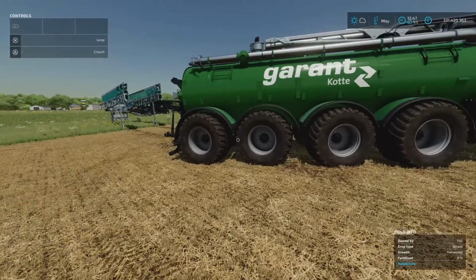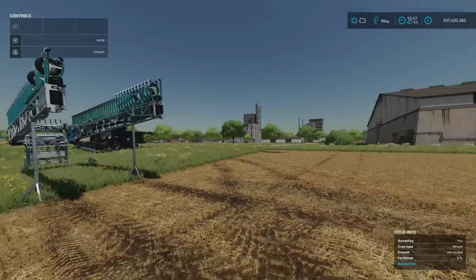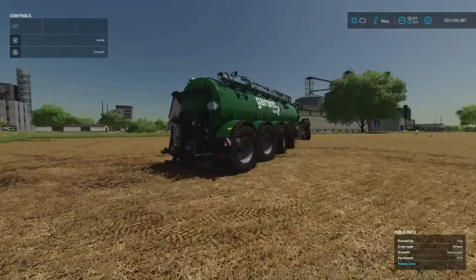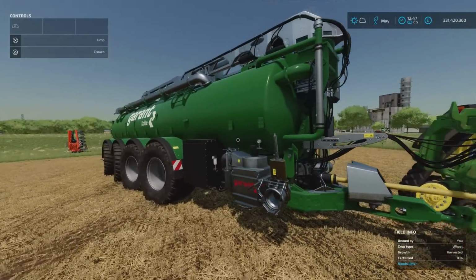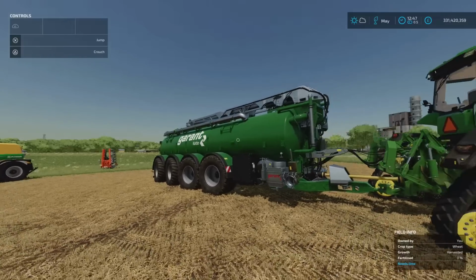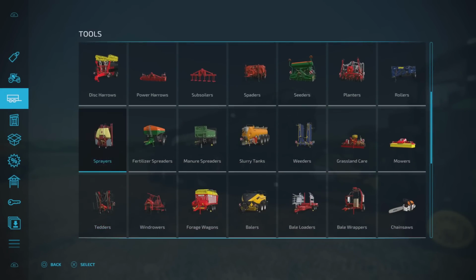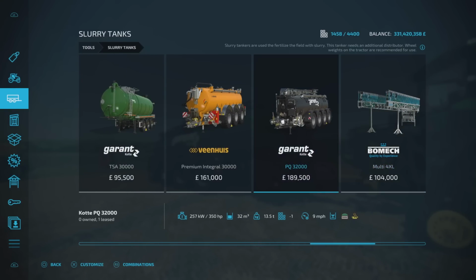Now I have had a little bit of floatiness about this. When I was trying to back up into the boom, it seemed to be a little bit floaty on the back end, but it's massive. And it looks very cool too. Boom and stuff does all work. You'll find this under slurry tanks. So yeah, we had the Venus Premium Integral at 30,000. So the 32,